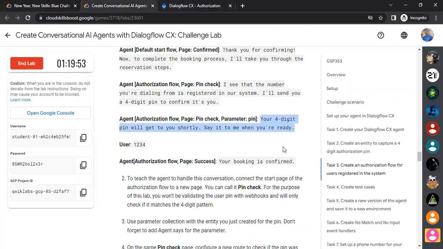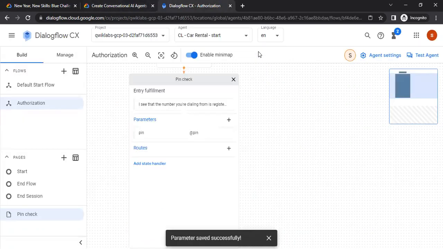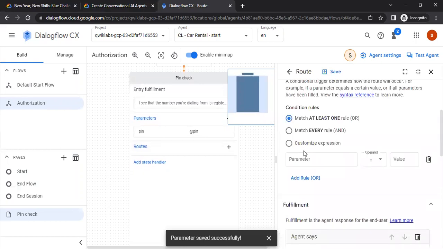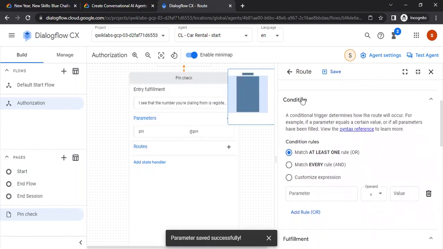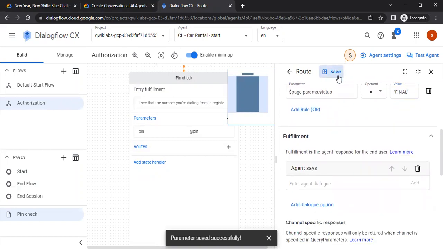Now what? Now we transition from the pin check page to success page. Okay, so let's go to the pin check page. On the routes, click add route, scroll to the condition. Over here, you have to type page.param.status, and the value is final. Okay, this will ensure that our parameters are collected. Okay, once that is set,